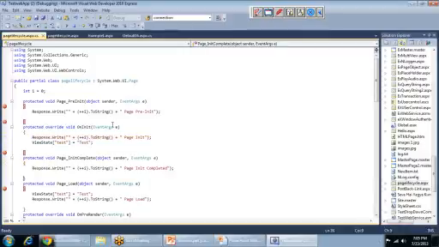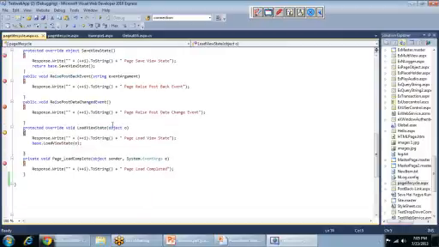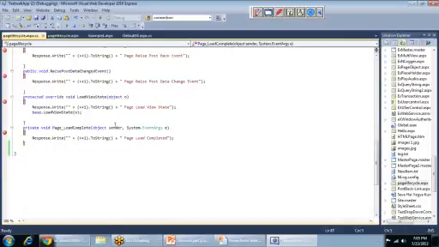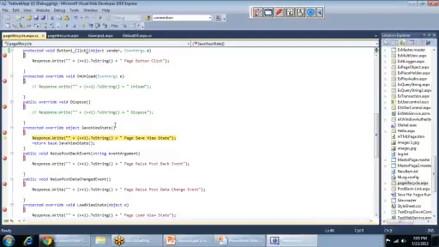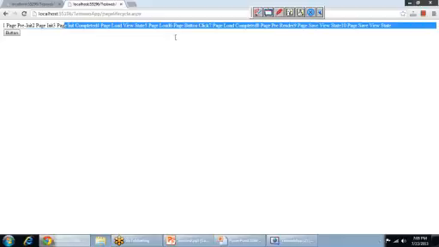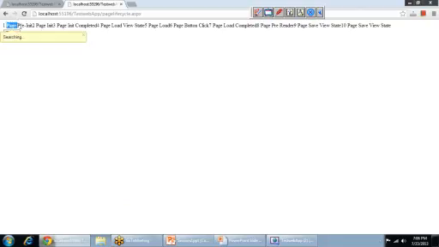init complete, load, button click. Now this time you can see the button click being executed. Pre-render, save view state. Pre-init, init complete, load view state, load, button click, load complete, pre-render, save view state.